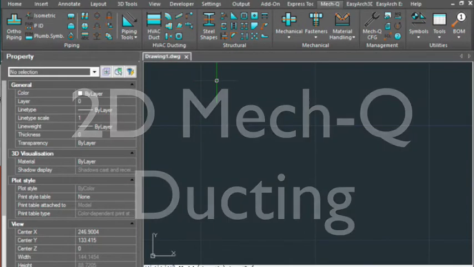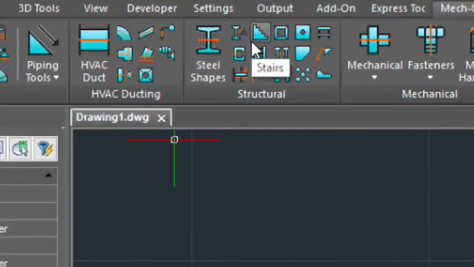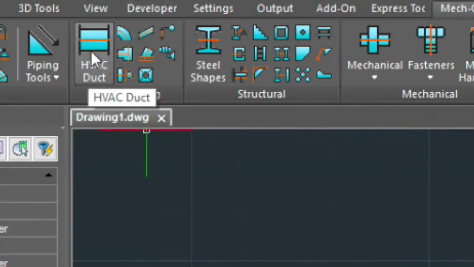Today I'm using AViCAD, which has Mech-Q included in it. It's a full CAD program with our modules. So have a look at that. I'll be working in this portion of the ribbon. This is the main module,